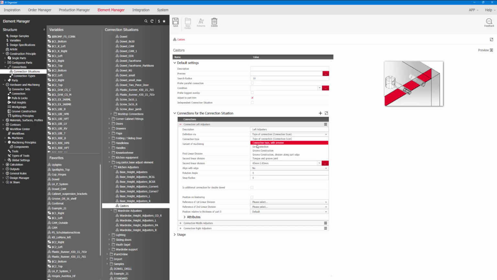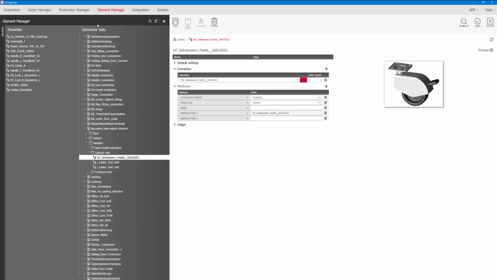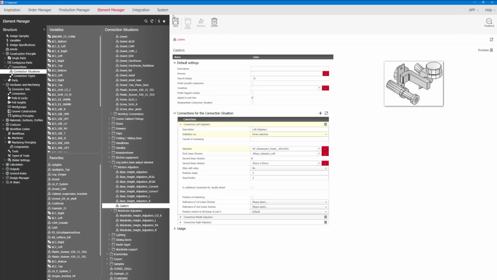If I go to connection direct selection instead though, what I can then do is choose my specific caster that I want to use. I'll click apply, and then in here I'm going to use my linear division of 85mm to 1 to 85mm, which would then bring my caster in from each corner 85, and then I'll get rid of the other two in here. So these are the settings that I've now got, and I want my linear divisions to be centric,